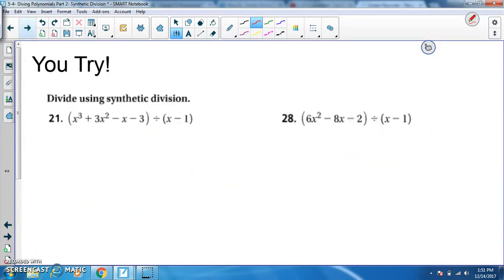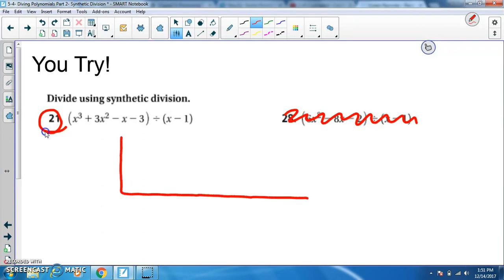You guys try number 21. Divide using synthetic division. So set it up in our synthetic division box with 1 on the outside, which is the opposite. We have all of our powers, 3, 2, 1, 0. Put the coefficients on the inside: 1, 3, negative 1, negative 3. Remember, you bring down, you multiply, you add, you multiply, add, multiply, and